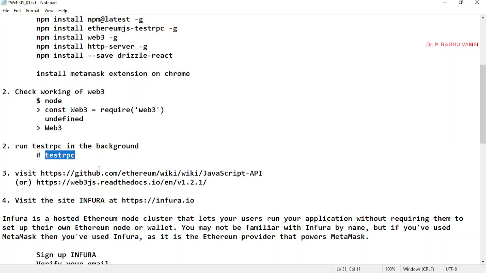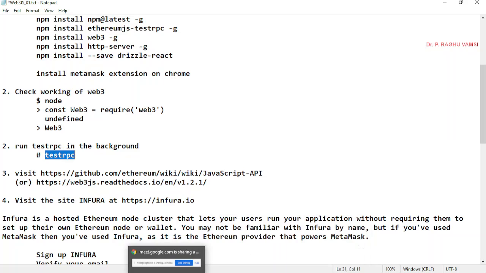If you run TestRPC, it will run a test private Ethereum network, and it will directly give you a web link or HTTP link, and you are supposed to use that link to connect with the Web3 package, and you use that Web3 object to test your network.